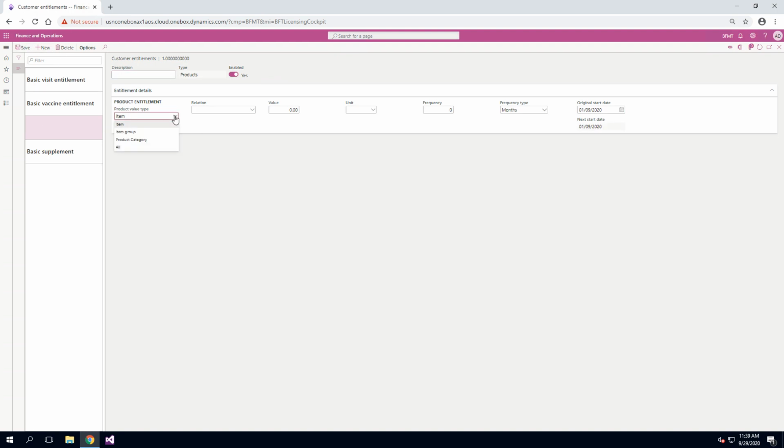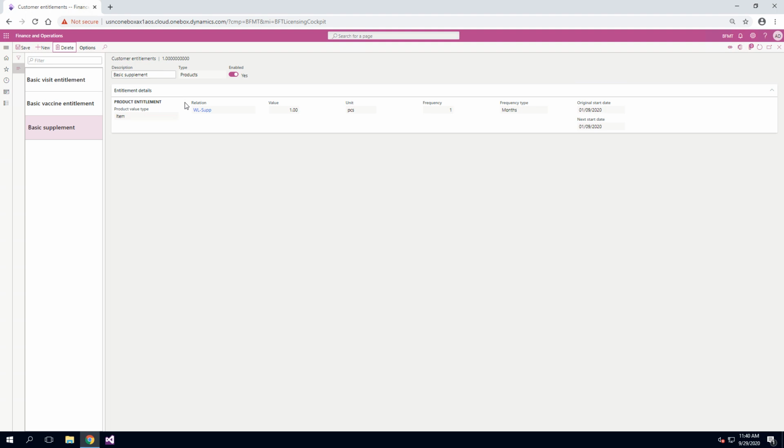When creating entitlements, you can do it per item group, per product category, where you would need also to select the category hierarchy, and also to all products in the system for this legal entity. And please note that here we also set up a cadence, and thus as a continuation on the previous lesson, you can see that we have in total 3